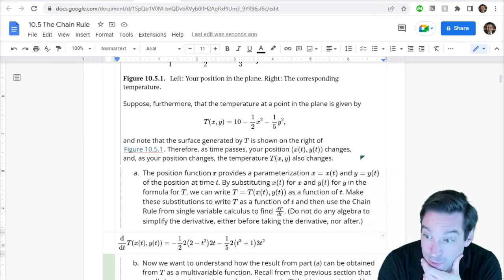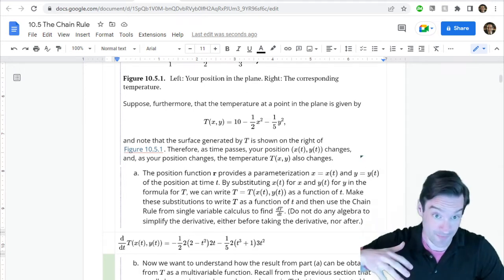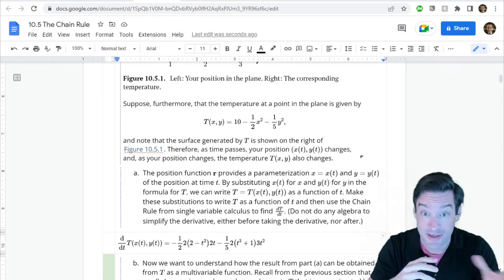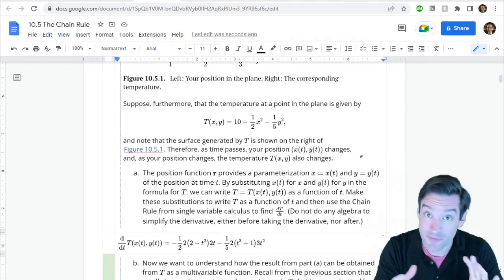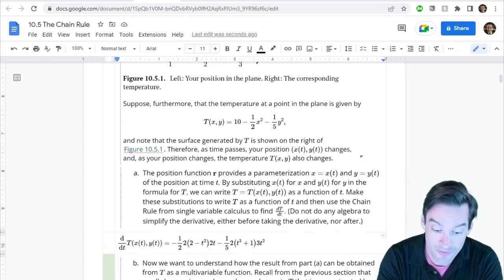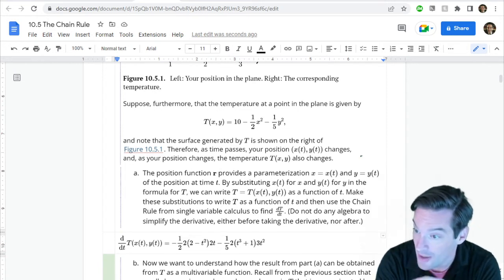Right, so picking up the story, when we do this the explicit way, which by the way is always an option when multivariable chain rule is in play, we can always do what you did here and just find an explicit formula for the composite function that totally obscures the fact that it is a composition at all, and then find its derivative, which is what you did here. And so the question that they want us to think through here is